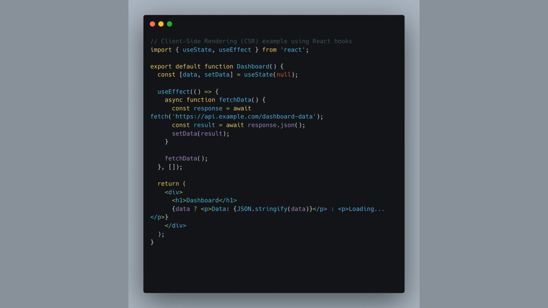In this example of client-side rendering, CSR, in Next.js, we're using React's useState and useEffect hooks to handle data fetching. When the dashboard component mounts, useEffect triggers the fetchData function, which fetches data from an API and updates the component's